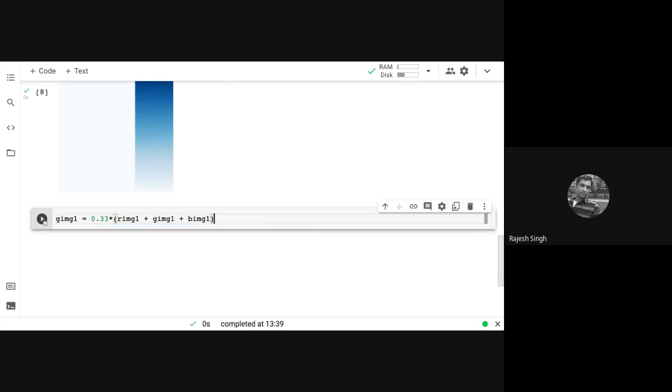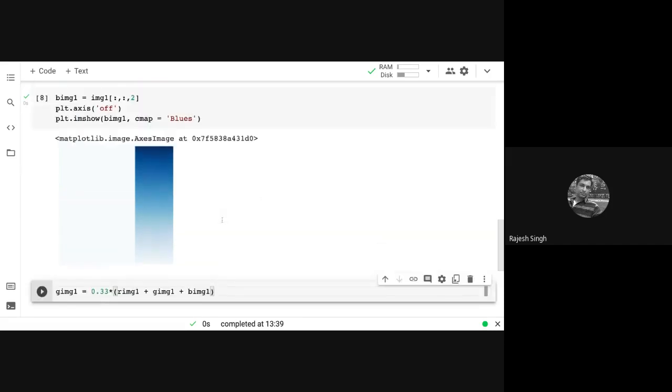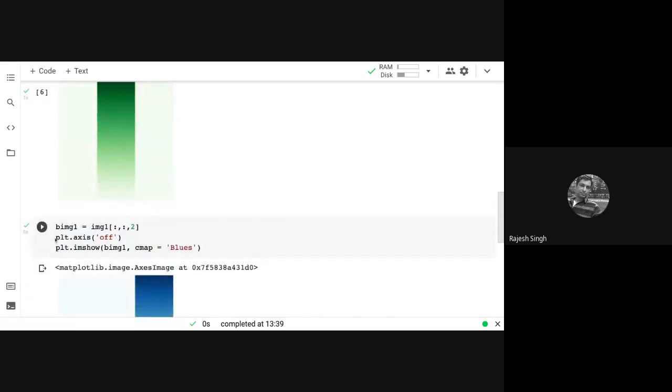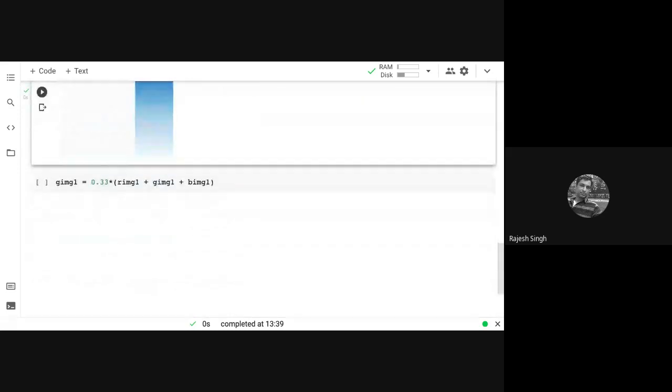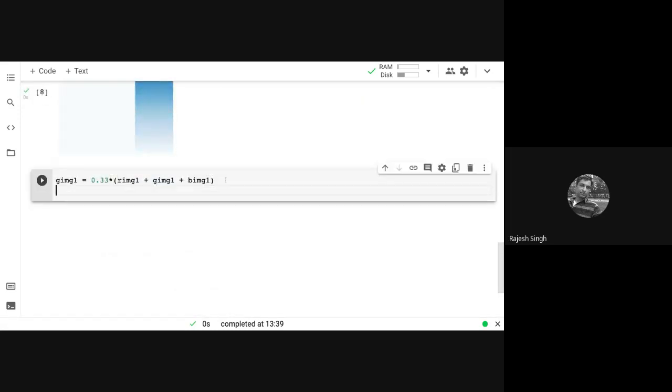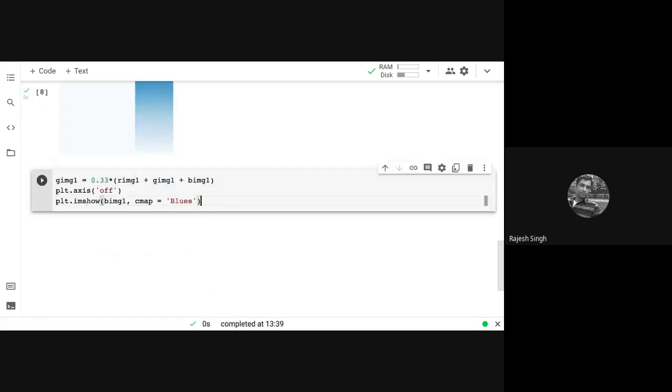All these things. That GIMG1 is the average of the three. So I can just copy paste from here and put here, and now I'm printing GIMG1.